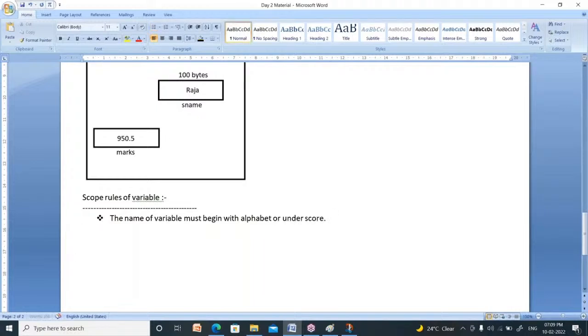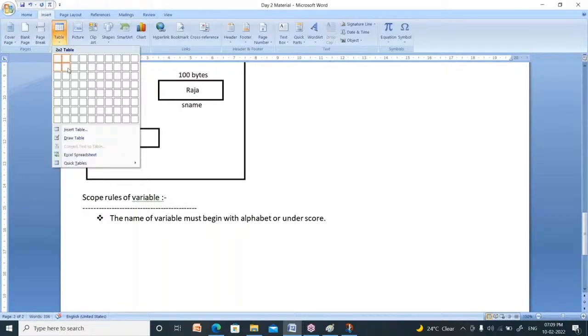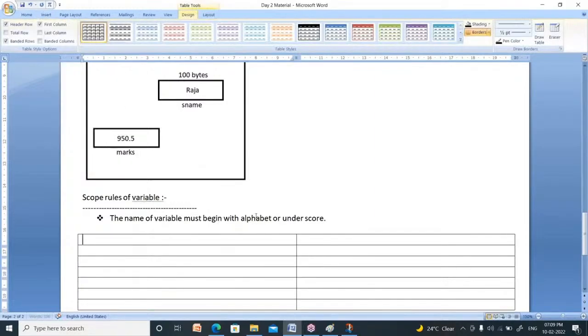I will explain some do's and don'ts here for better understanding. Do's are, you can create a variable like this.